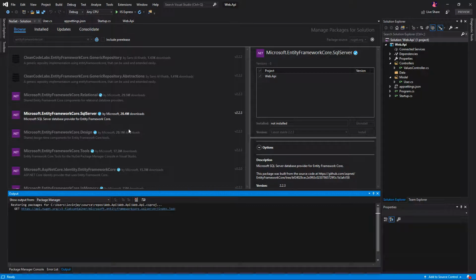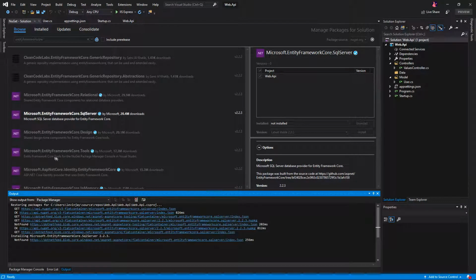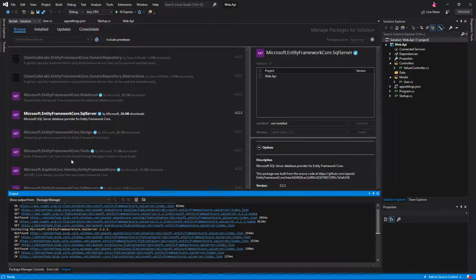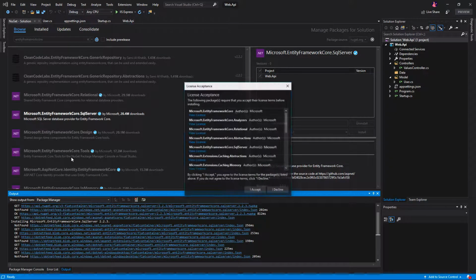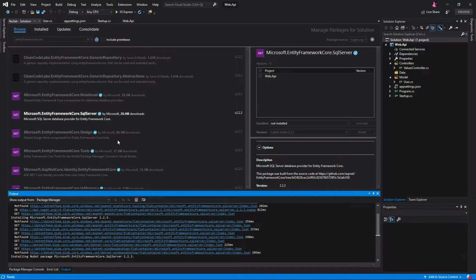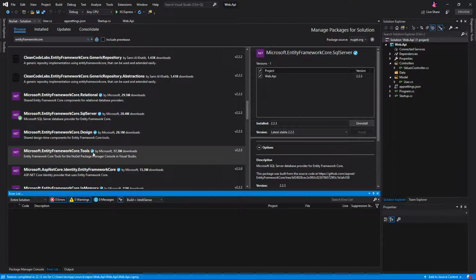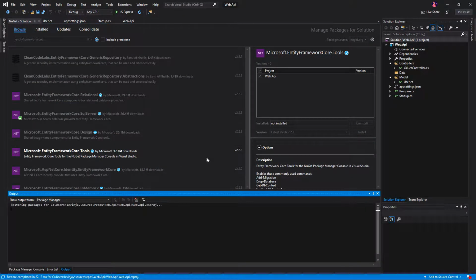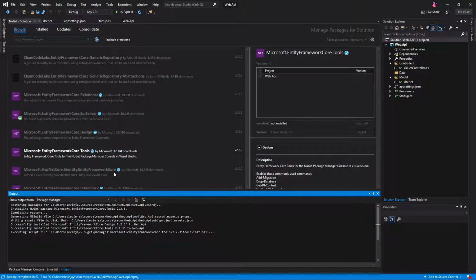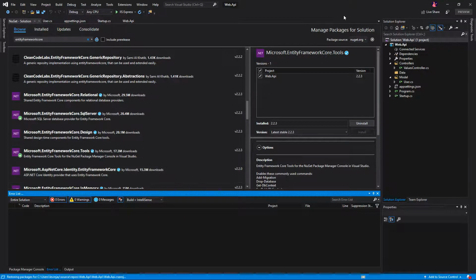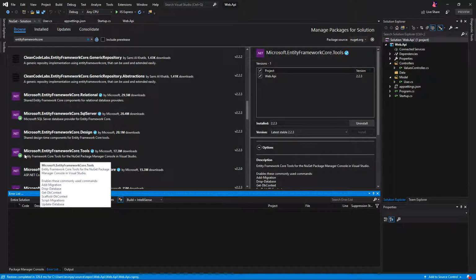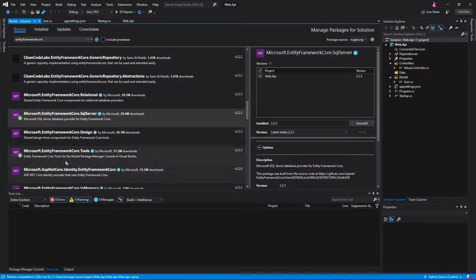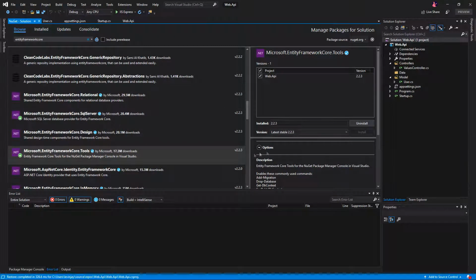So we're going to add this one. And also we will be needing the Entity Framework Core Tools. So after installing the two packages, SQL Server and the Framework tools,